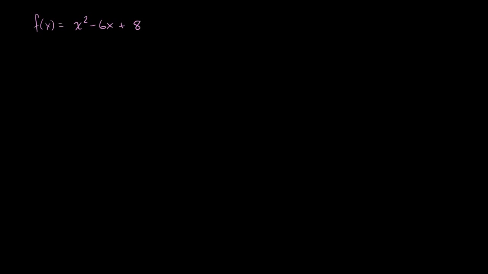So let's give ourselves an interval right over here. Let's say we care about the interval between 2 and 5. And this function is definitely continuous over this closed interval, and it's also differentiable over it. It just has to be differentiable over the open interval, but this is differentiable really for all x. And so let's show that we can find a c that's a member of the open interval, such that